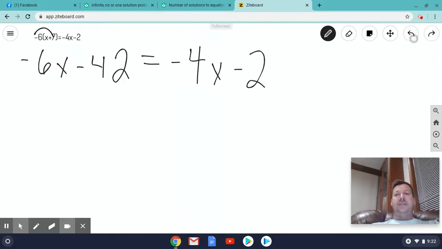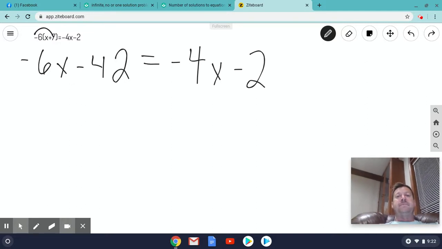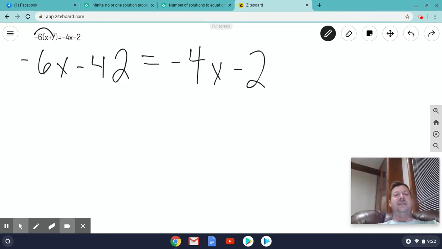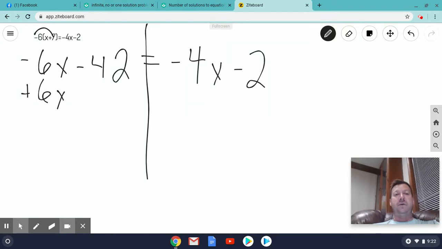And so I need to move the smaller of those two variables. And that's kind of tricky in this situation because they're both negative. And when I have two negative numbers, I want to say that, well, 4 is less than 6, and that's true, but -6 is smaller than -4. So I'm going to add 6x on both sides of the equal symbol. I'm looking for the smaller variable. In this case, -6 is smaller than -4. When I add over here,